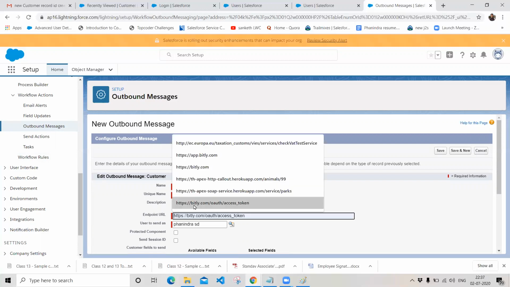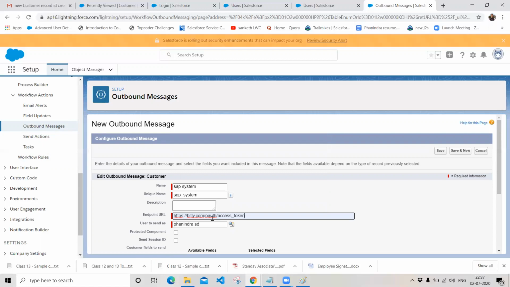I said that you should ask for a URL, right, whatever URL the third party system is providing to you. Enter the detailed URL over here in your endpoint URL, so that you are calling the endpoint system to actually receive the data from your Salesforce system.